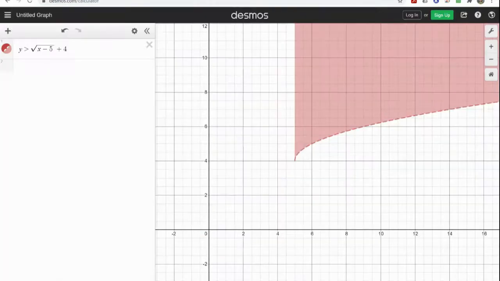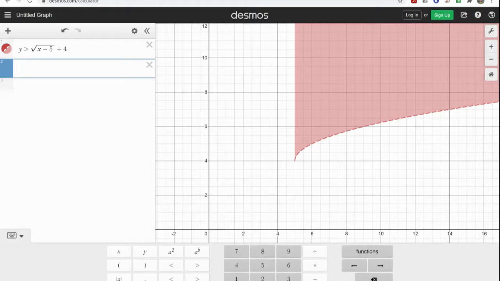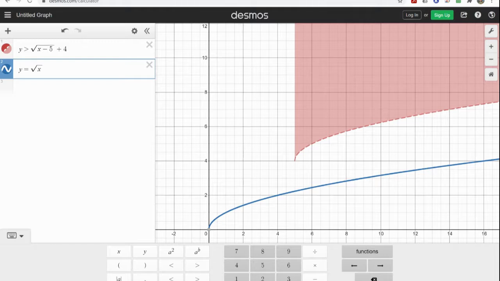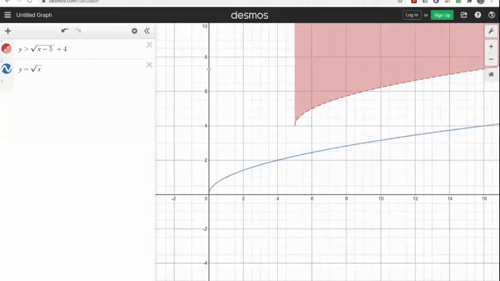Real quick, I just want to compare this to the parent function of y equals square root x and see how this differs. First of all, we have a dotted line, and that's because it's not an or equal to, it's strictly greater than. And since it's strictly greater than, we get a dotted line. We also, this is one of the weird graphs that it doesn't continue on, it just starts at 0 and goes off. So the solution region that is created with an inequality has a boundary of the y-axis, and it